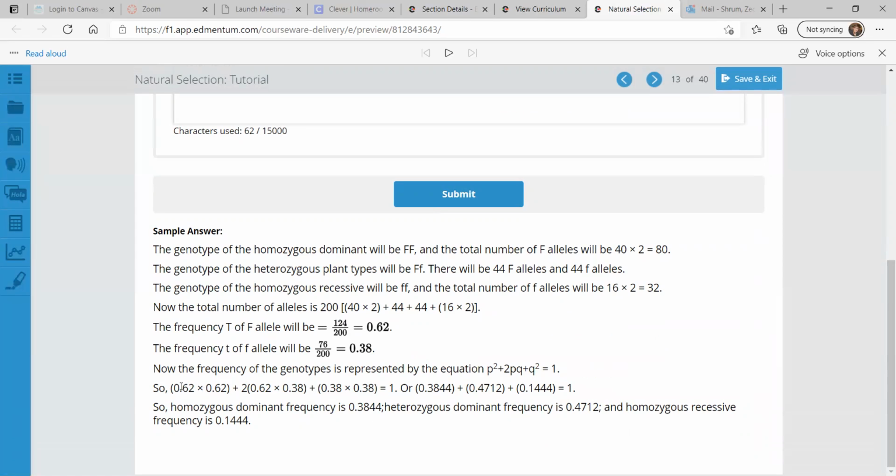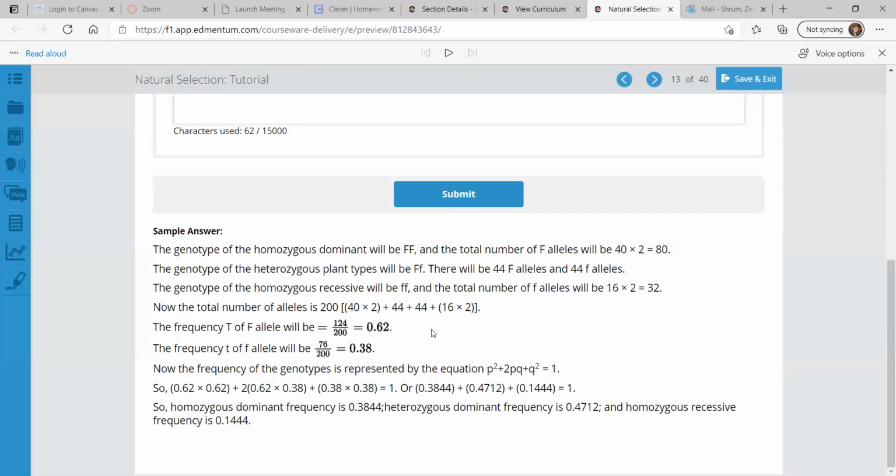And that means we have 0.62 times 0.62, that equals 0.3844 for the dominant homozygous frequency. Then we have the heterozygous frequency, which is 2 times 0.62 times 0.38. That equals 0.4712. And the homozygous recessive frequency is from 0.38 times 0.38, and that is